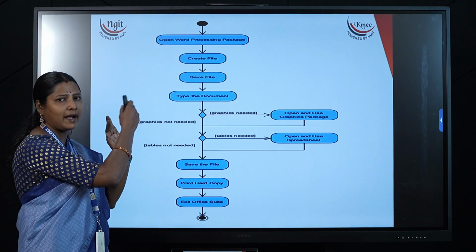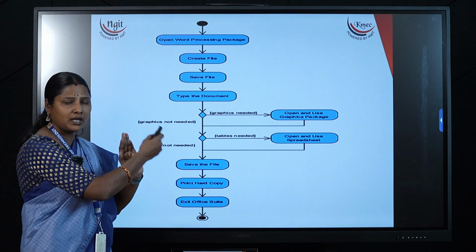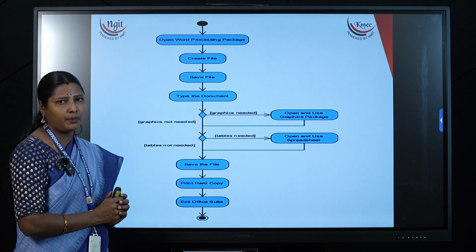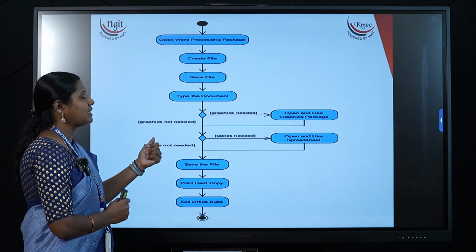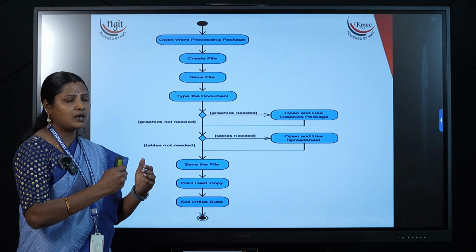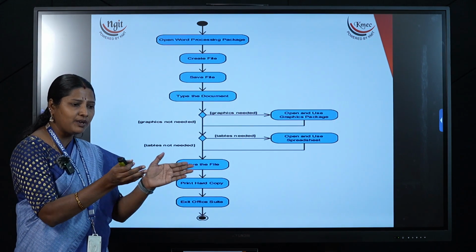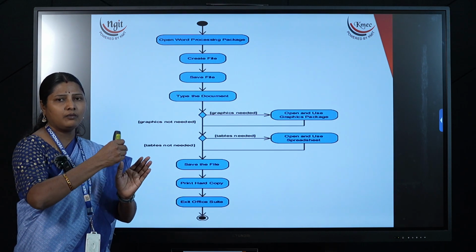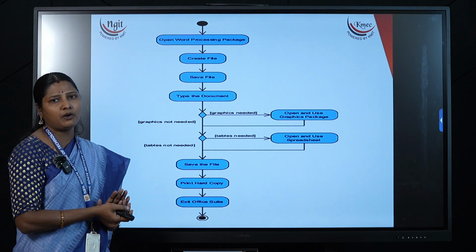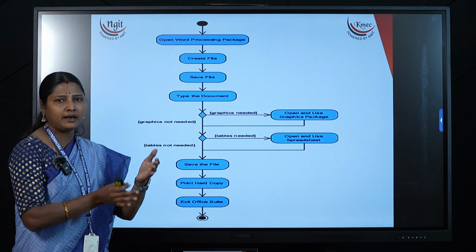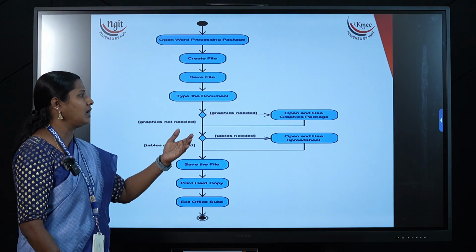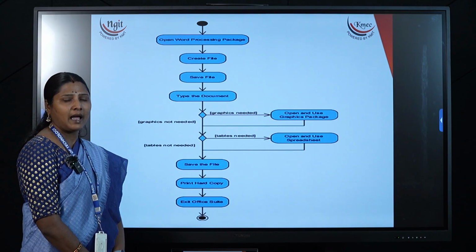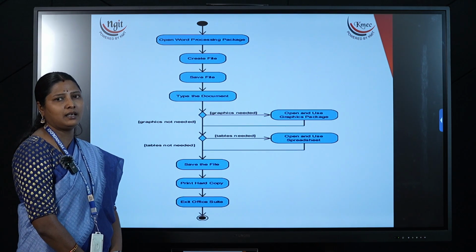Between that, what actions the user has performed and what kind of decisions they are taking while they are performing the operation. Exactly, this activity diagram will define what action is performed within the system. Initially we have to write it step by step. Based on that you have to develop the activity diagram. So I hope you understood this activity diagram with the case study. Thank you.